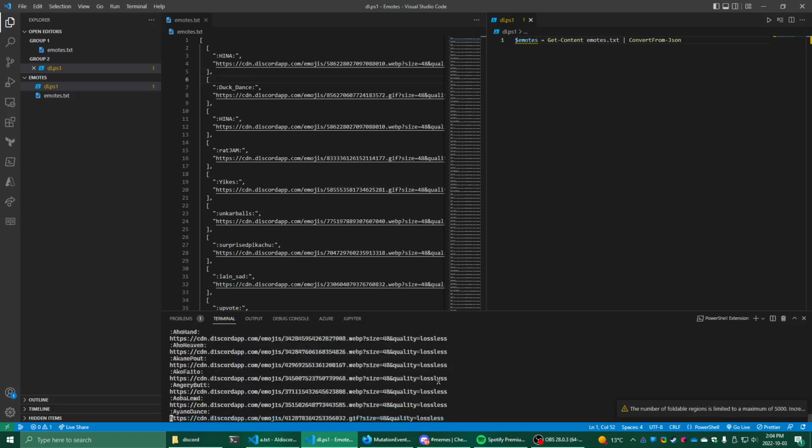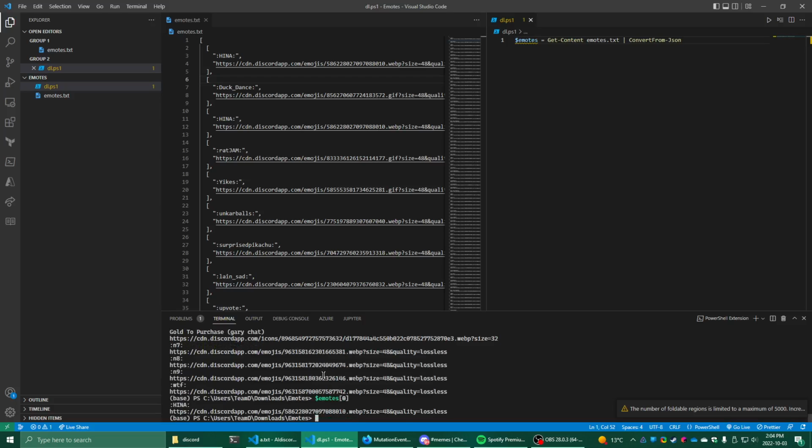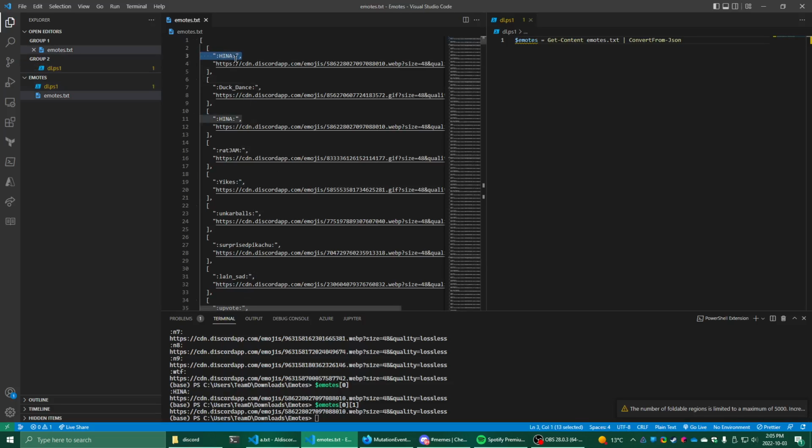So now we have this emotes item, which is a list of lists, and the first element, or the 0th element, is the name, and the next one is the URL that we want to download it from. So we want to get rid of all the colons, and we could do that in the code, or we could just use